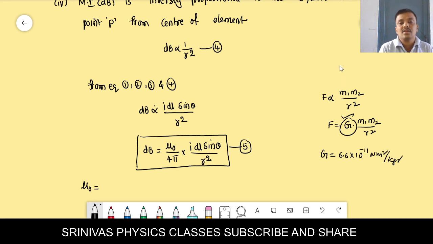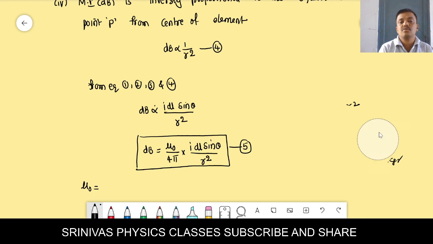And if you go for Coulomb's law also, when the proportionality is removed, you will get a constant, that is 1 by 4 pi epsilon naught. And that 1 by 4 pi epsilon naught has a value, that is 9 into 10 to the power of 9, right? Like this, everywhere when the proportionality is removed, we will get some constant, and that constant value we find practically, and it will not change for a given formula. Understood, Rohan?